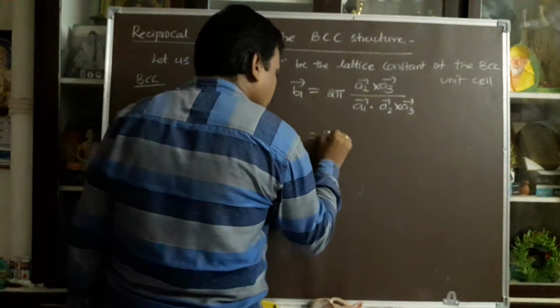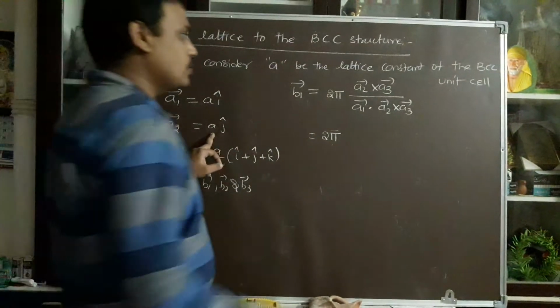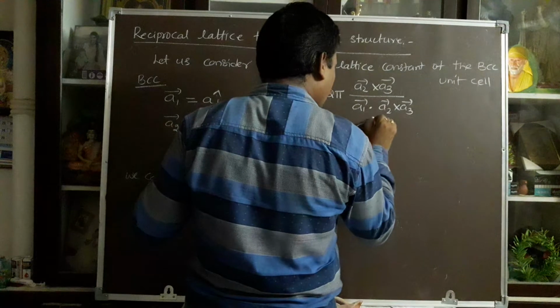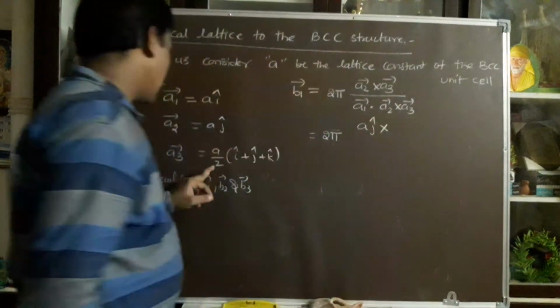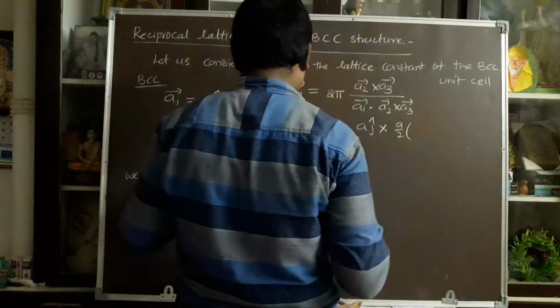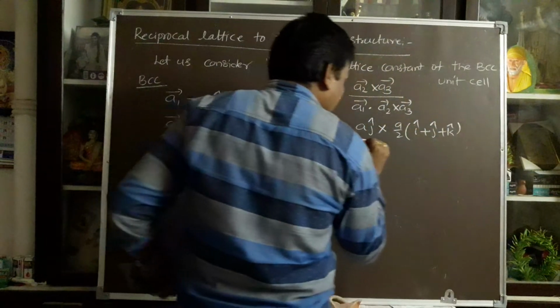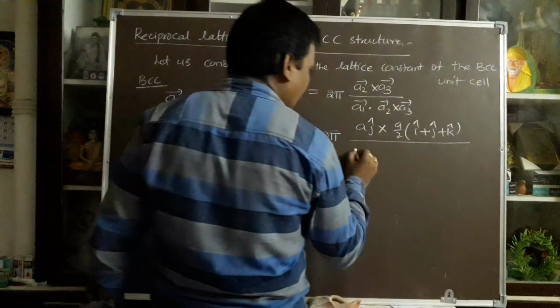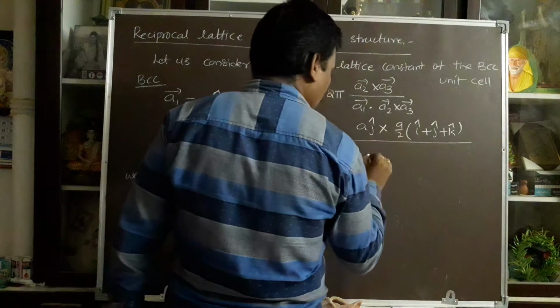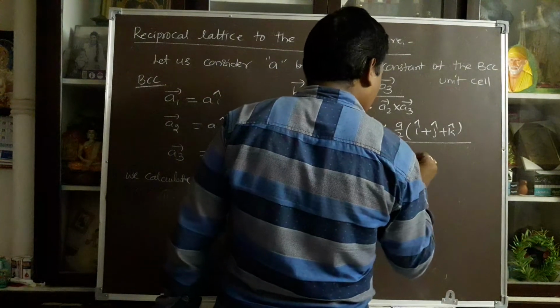Substituting in this equation, 2 pi into A2 is a into j cap, cross A3, which is a by 2 into i cap plus j cap plus k cap, divided by A1, a into i cap, cross a by 2 into